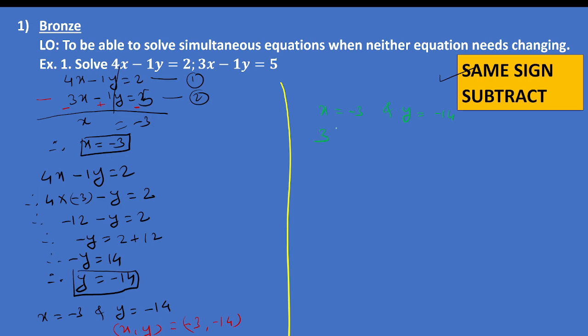For instance, I'm going to take the second equation, which is 3x minus y equals 5. Okay, so when we put the value x, which is minus 3, and y, which is minus 14,